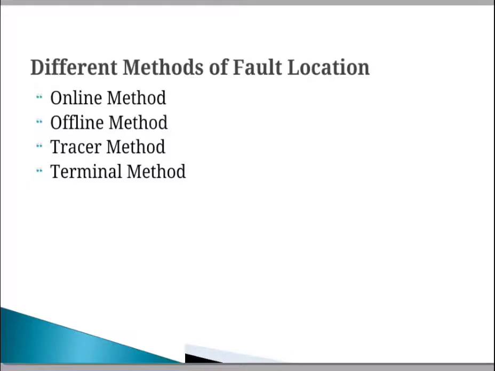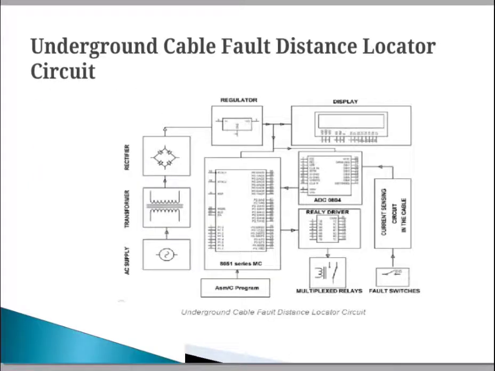We have to discuss the underground cable fault distance locator circuit, which is shown here. The main concept of this circuit is to find out the distance of an underground fault from the base station in kilometers. In many urban areas, cable fault is a common problem. When a fault occurs for some reason, the process of fault tracking without knowing the location of that particular cable is very difficult. So we use this fault distance locator circuit to find the fault present in the cable.